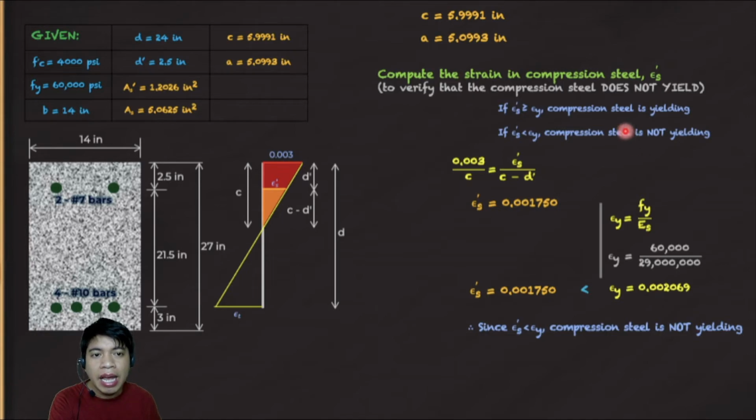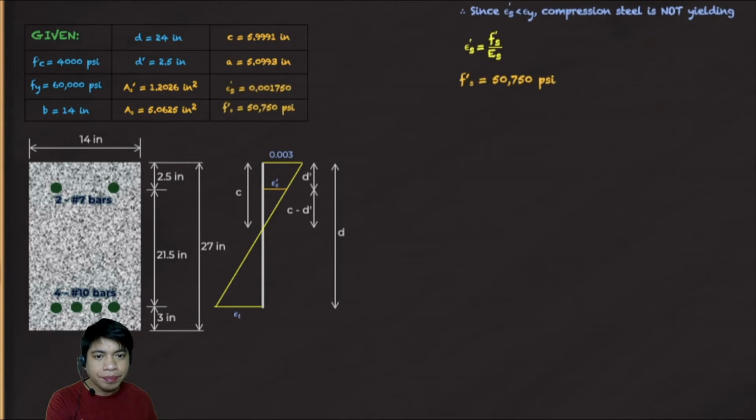So ibig sabihin, tama na yung ating naging equation sa last. So tama na yung ating value ng C at saka yung A. So correct na yun. Okay, so ayun, so makukompute natin guys dito si F sub S prime using this formula. So F sub S prime will be equal to 50,750 PSI. Okay? So, after natin makompute si F sub S prime, pwede na natin ngayon i-compute si